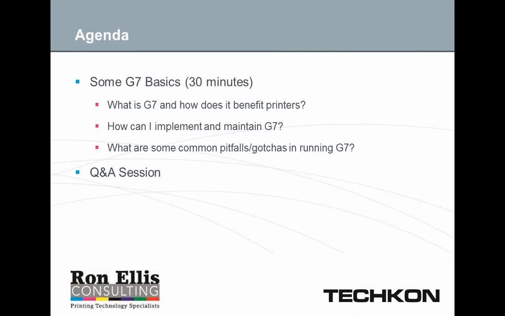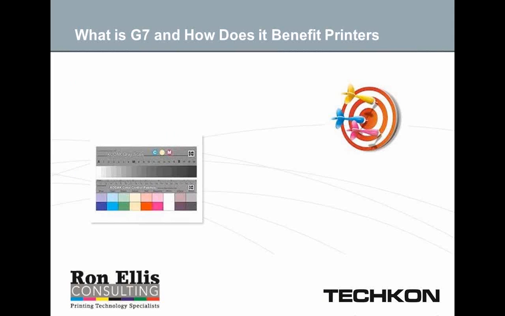It's so simple that when I work with print buyers, they can actually go out and they can go almost anywhere and get an idea if the color is what it should be. And we'll go through that a little bit more. But it benefits printers in that way of giving them something to aim at and something to consistently look at and check and quickly see if it matches. Also, being part of G7, or being a G7 master printer benefits printers because it gives print buyers a list of printers that they know should be able to achieve this. So it's very beneficial, both for the printer and for people who are buying